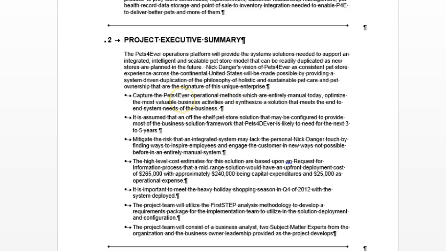And they must really like the way that he does business, because he's got a philosophy of holistic and sustainable pet care and pet ownership that are the signature of this unique enterprise. So that's great. Someone's recognized the good work that he's doing. And